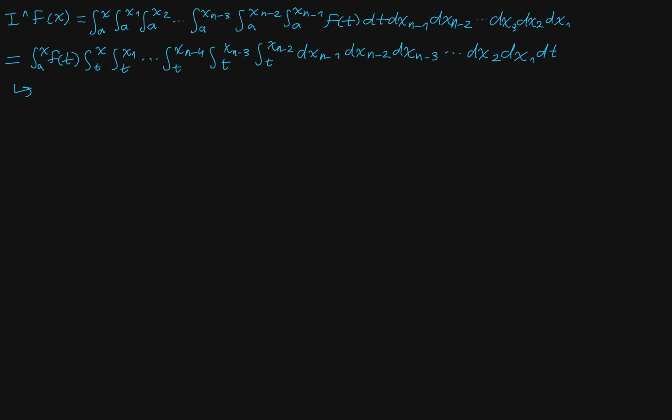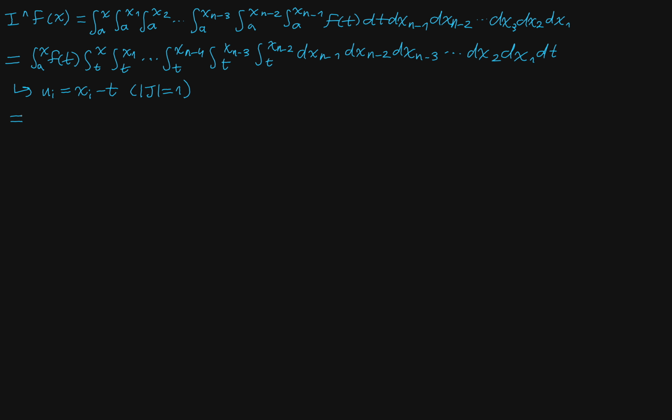And now we're going to do a change of variables for the remaining n minus 1 inner integrals. We're going to let u sub i be equal to x sub i minus t, for i between 1 and n minus 1. And we know that the Jacobian determinant is going to be equal to 1 because this is just a simple shift. And so what this is going to do is going to make all these lower bounds here to be 0, and then you notice we're going to get the repeated integral of a polynomial function, which is pretty simple to